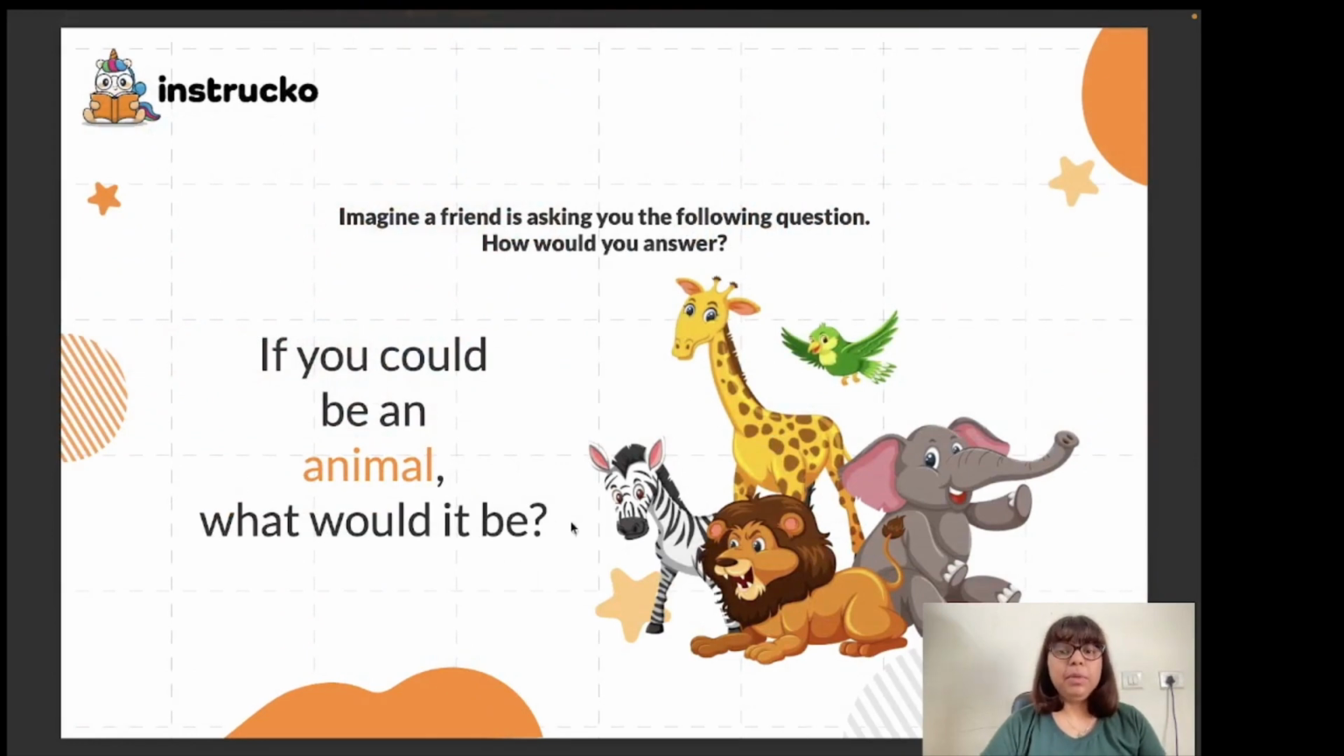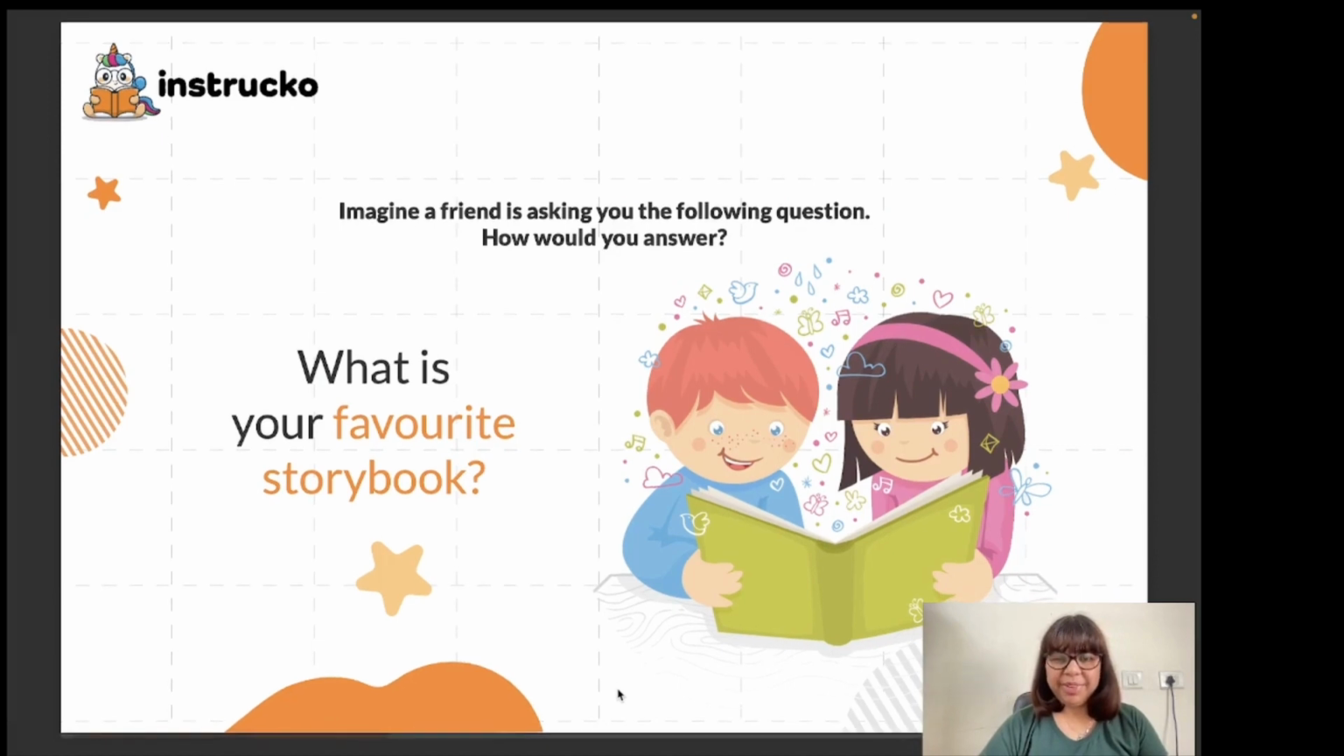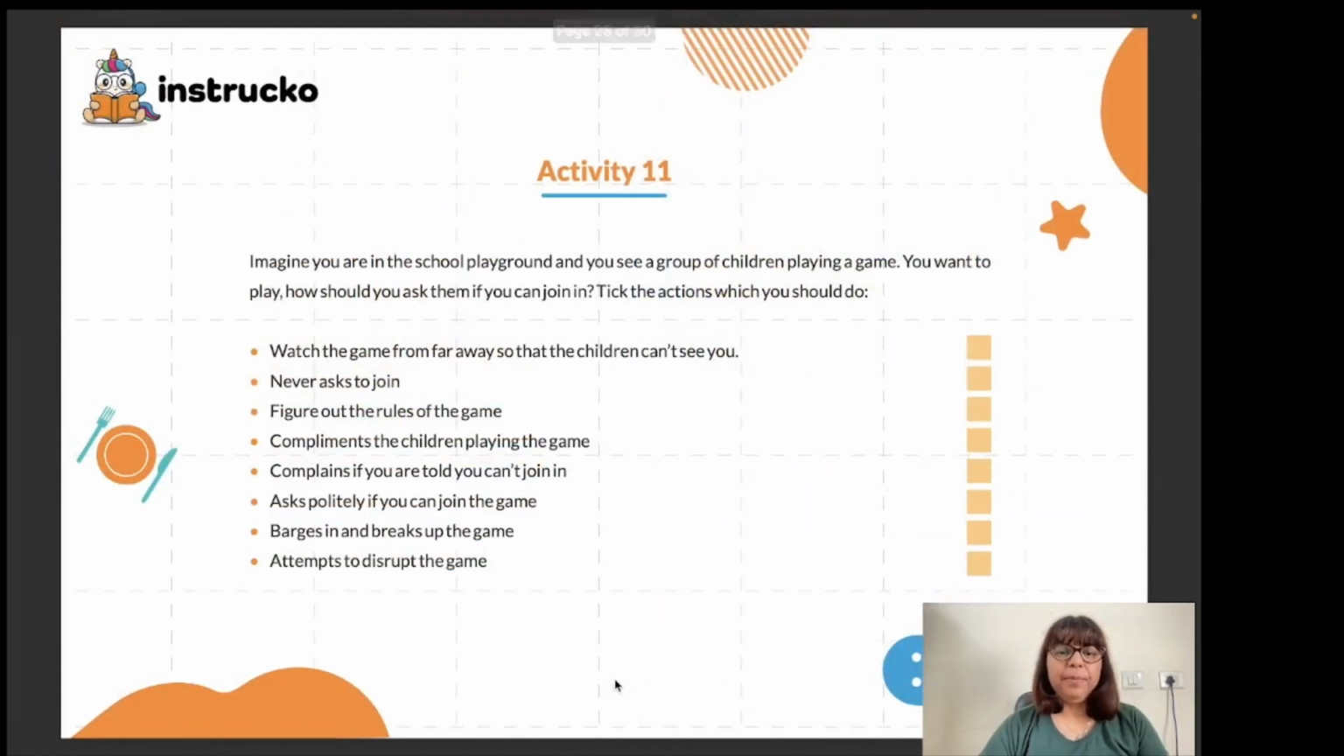Now, what animal would you like to be? If you want to be an elephant, a giraffe, a parrot, a zebra, a lion, give good reason for why you would want to be each. The same goes for the last one. What is your favorite storybook? Now, another activity. Imagine you are in the school playground and you see a group of children playing a